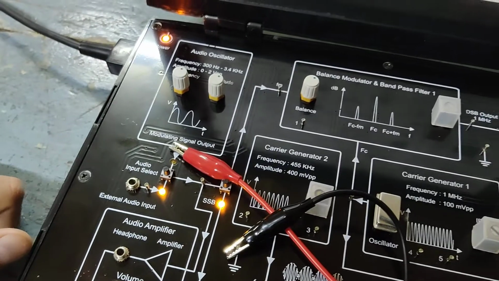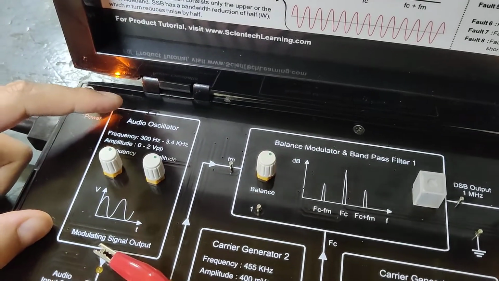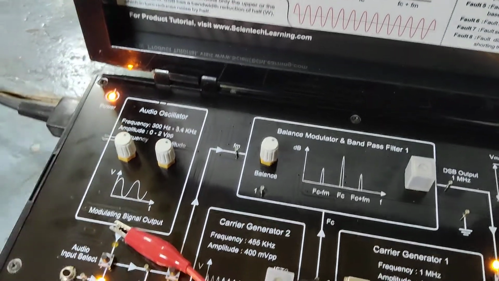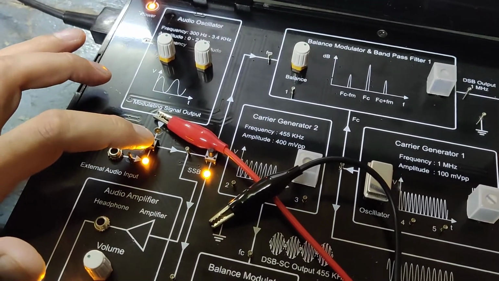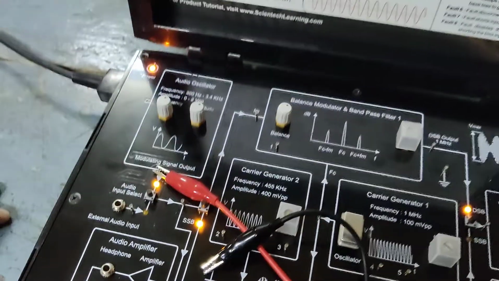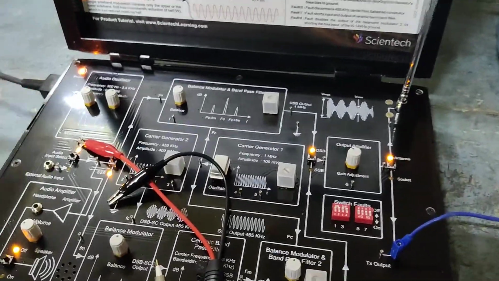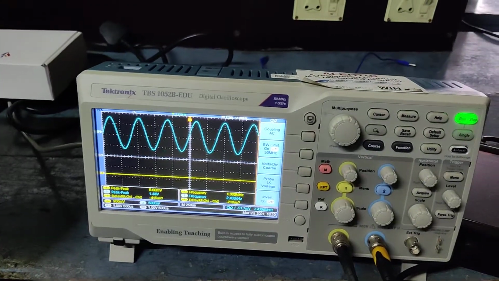Currently we'll be performing an experiment based on the audio oscillator, which means the modulating signal will be an inbuilt signal. So this time we'll be keeping the knob at this particular point. We will see this signal on our oscilloscope.